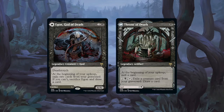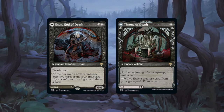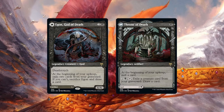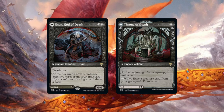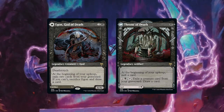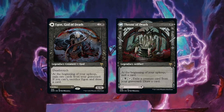Well, actually first, to go back to Turgid for a moment, that's how bad Egon actually is. Because I already want to go back and talk about Turgid for another second. But I think both sides of Turgid are going to see a lot of play. It doesn't matter. Both sides are really relevant. Yeah, especially the front. Alright, back to Egon, because I was just thinking, as the complete opposite, it's trash on both sides. It is trash on both sides, but I think if you were going to